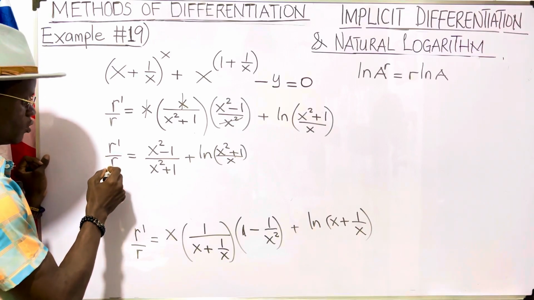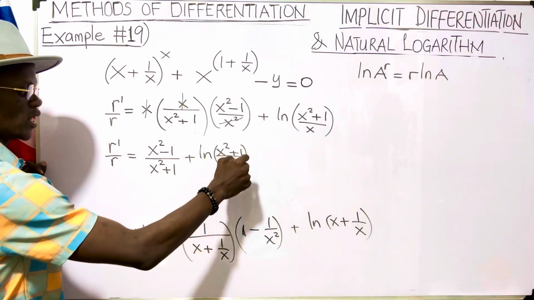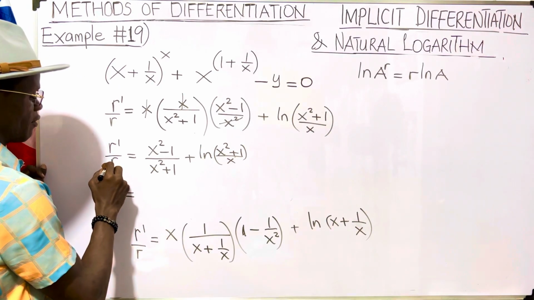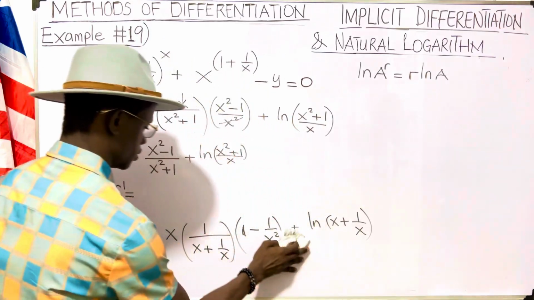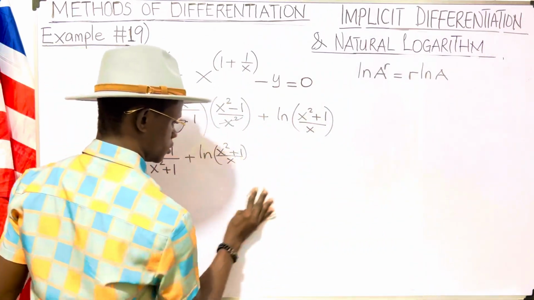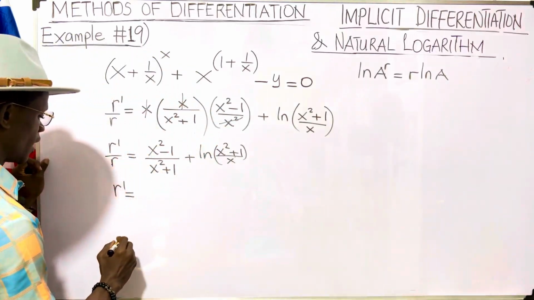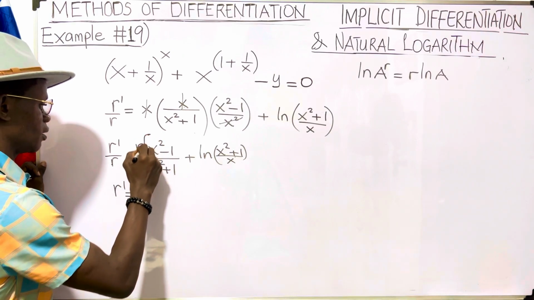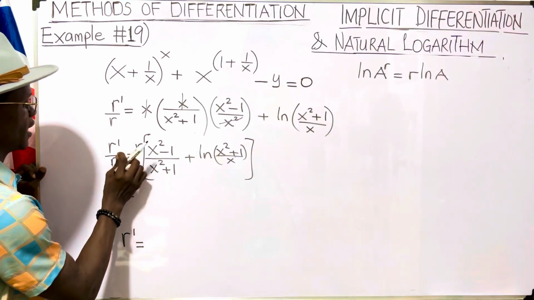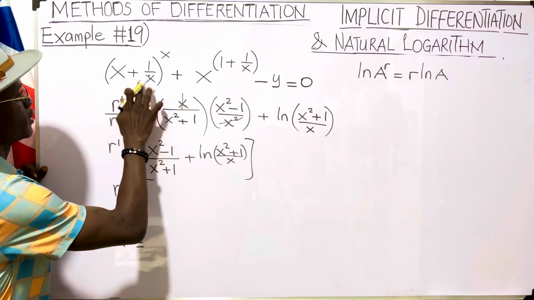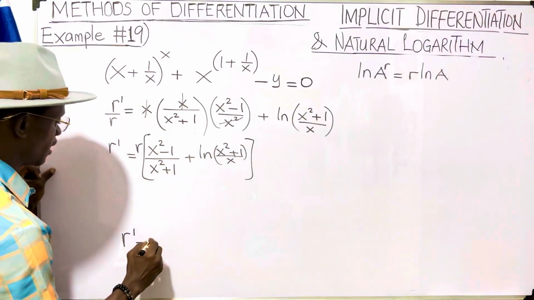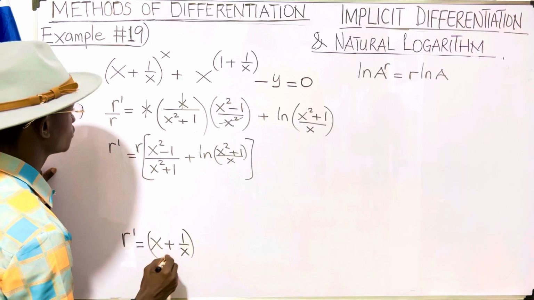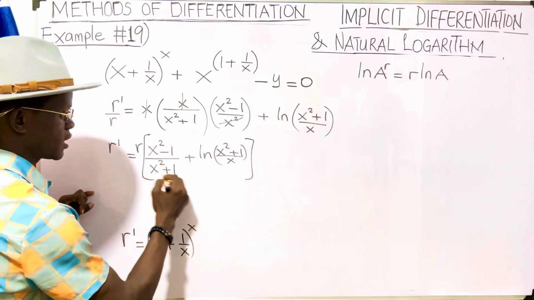But we need to multiply this r by what is on the right hand side. So we have r prime equals to what is this r? So let's bring it downward. So we have r prime is equals to this is r, and then multiply by this entire expression. So our r now is this r is the first term here. So we now have (x plus 1 over x) raised to the power x, and then times this entire expression,